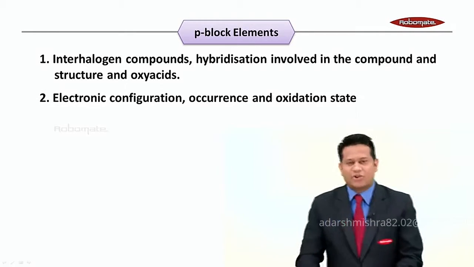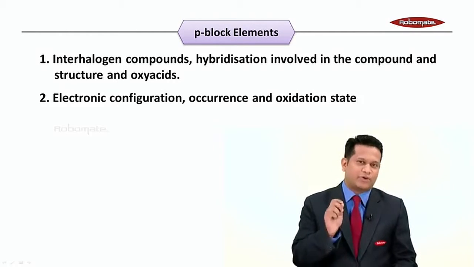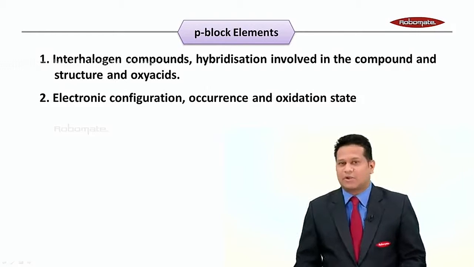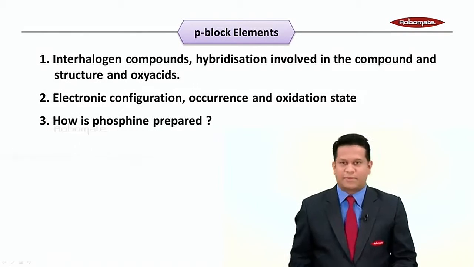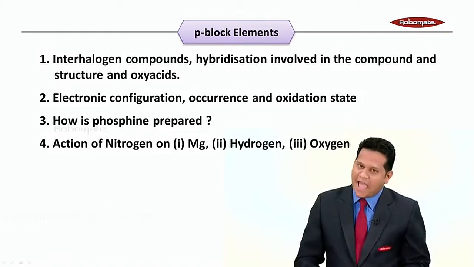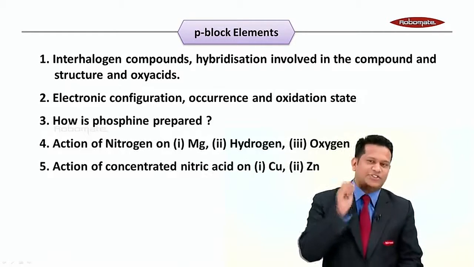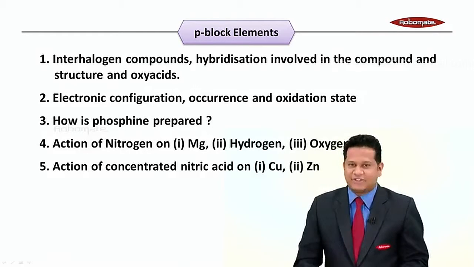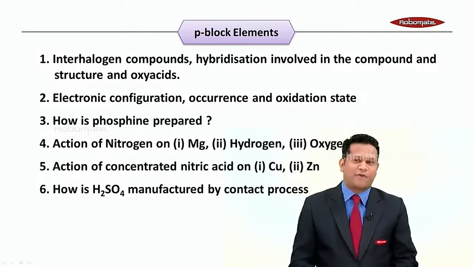Second one, electronic configuration, occurrence and oxidation state. The concept of oxidation state is quite important. How is phosphine prepared? The preparation of phosphine. Action of nitrogen on magnesium, hydrogen, oxygen, followed by action of concentrated nitric acid on copper and zinc, followed by